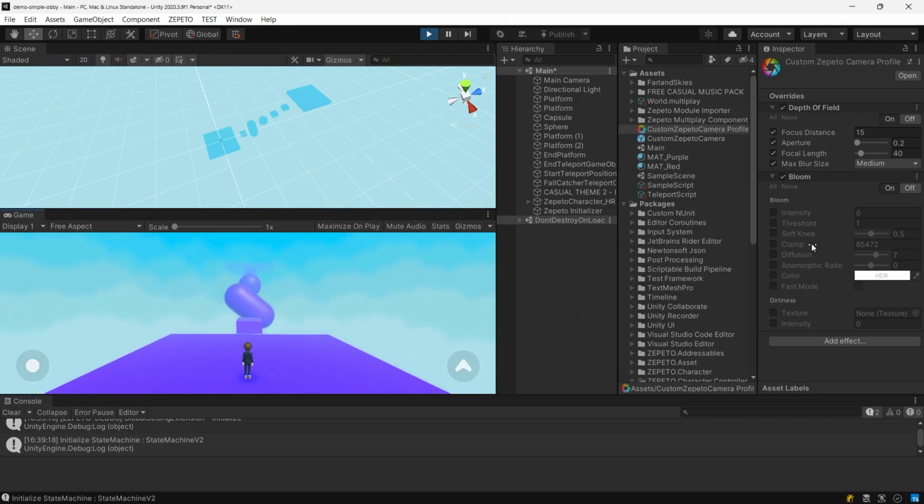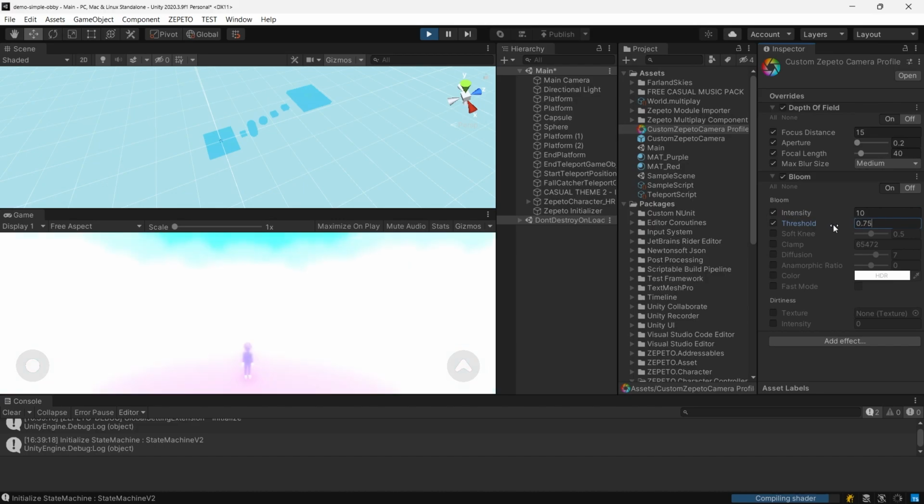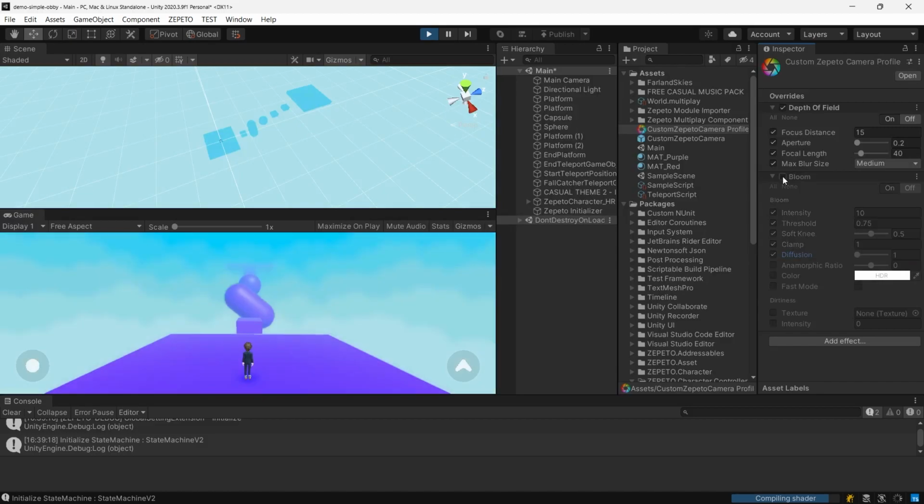So for bloom, I'll set the intensity to 10. And again, I just know what the settings are for this particular scene, but you'll have to play with it to fit your scene. And then I'll set the threshold to 75, the soft knee to 0.5, clamp, we can set that to 1, diffusion, we can set this to 1, and then yeah, you can see if I turn on and off bloom,